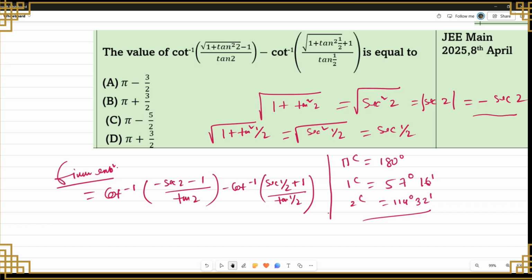Alright. Now what about cot inverse of minus x? This is pi minus cot inverse x. Sec 2 plus 1 by tan 2, this minus